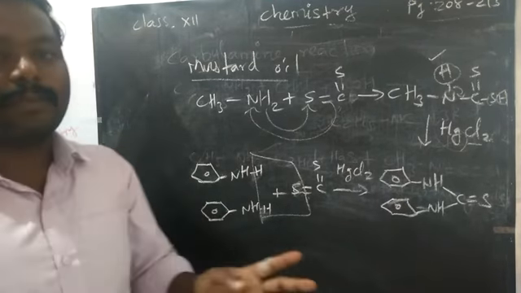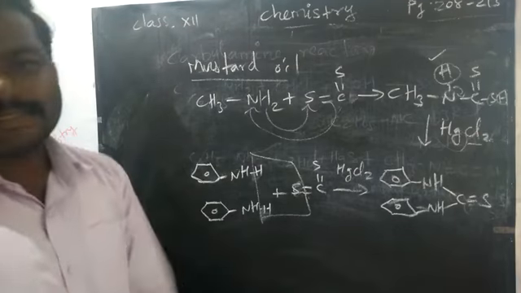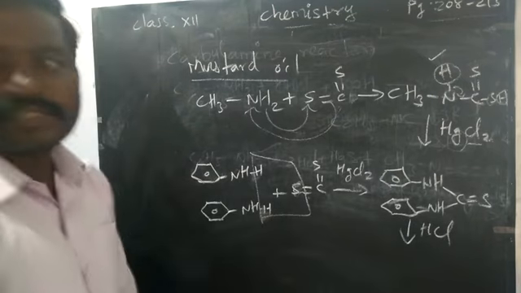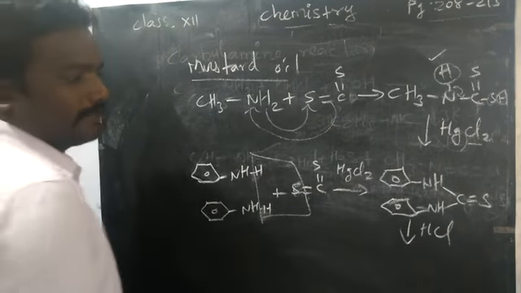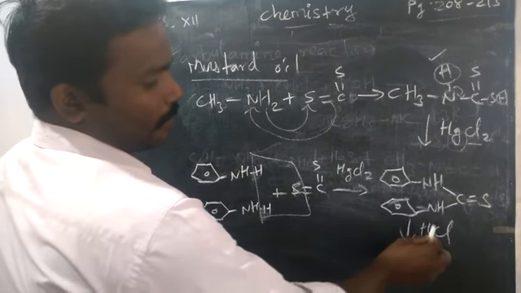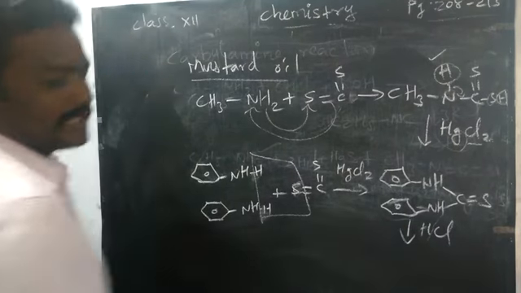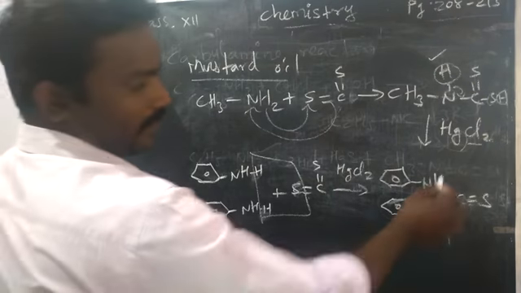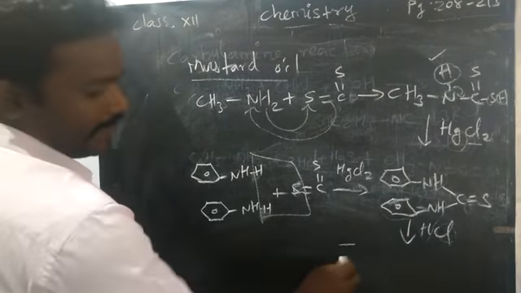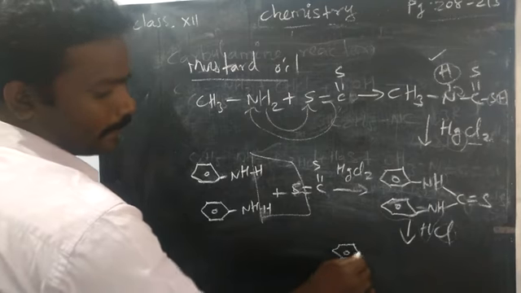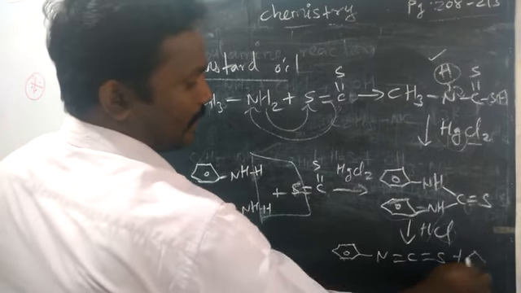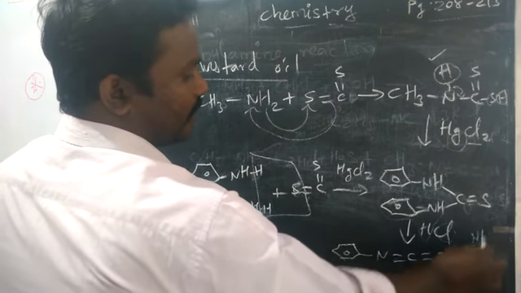In the previous, that means the old book, only up to this they are given. But here with concentrated HCl, if you heat, what will happen? It will produce the rearrangement reaction. How? With this one hydrogen, it will go as a NH2 group. Okay. Then this hydrogen will combine with the Cl. It will go as a HCl. What's the remaining? N double bond C double bond S with aniline. Aniline they didn't give in the book.